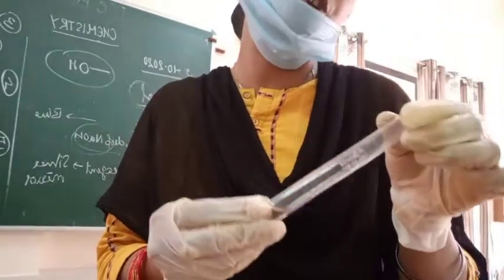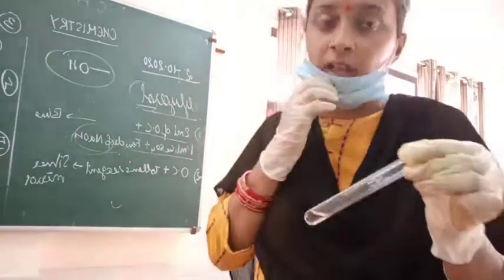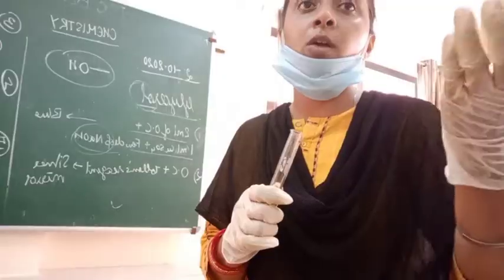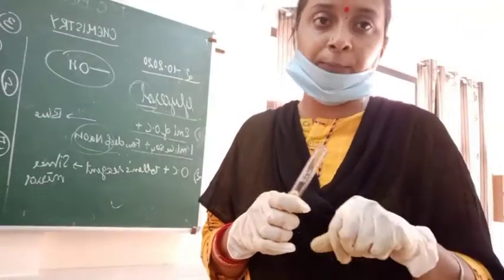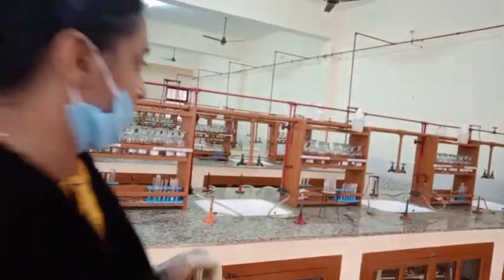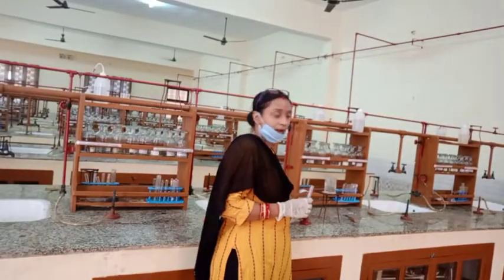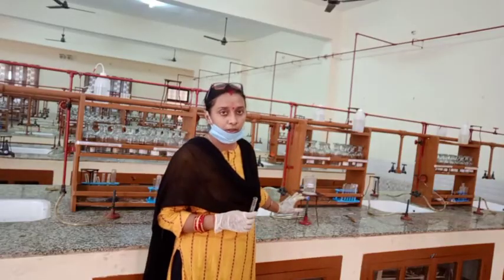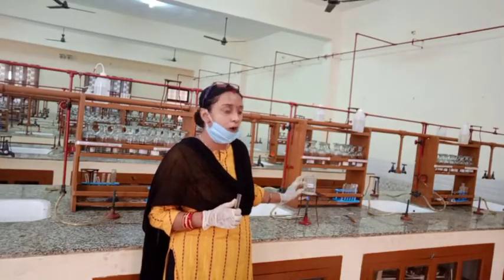Children, I have already shown you in the lab what a water bath is. A water bath is your beaker in which you place water on the wire gauze and keep it for heating. Like I have kept one here, I am showing you. Okay children, just see here. This is your burner and here we are placing the beaker containing water on the wire gauze. Children, this is your water bath.